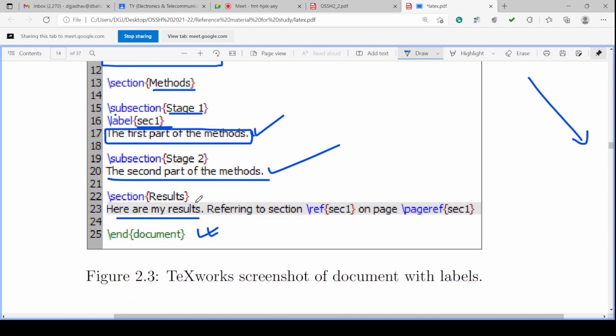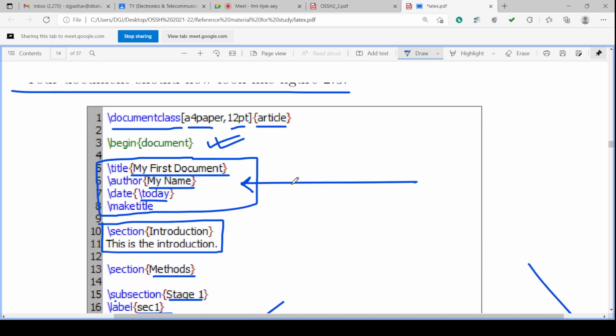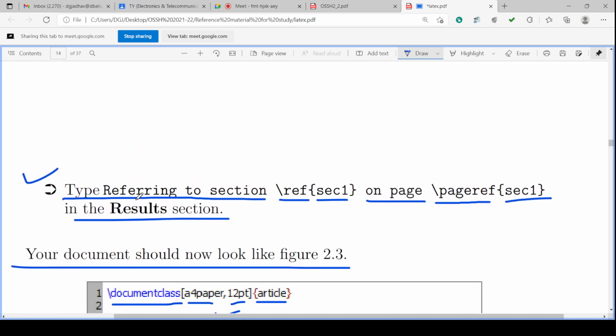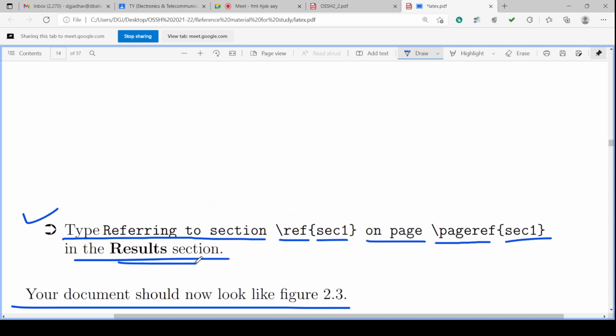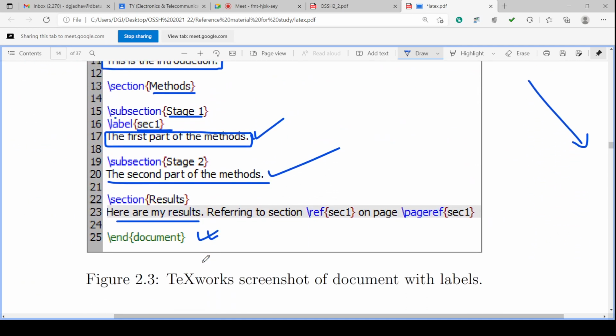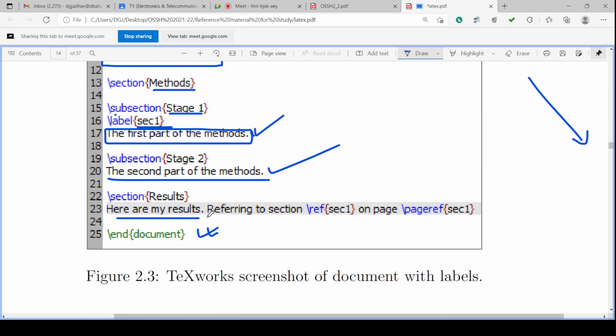Now in the results, how do we refer to this particular subsection? We have to refer to the stage 1 subsection in the results, as we have written here. So by referring to the section we go to the results section.